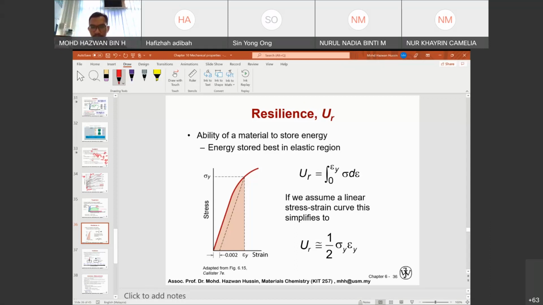It will automatically goes back into its original shape. So how actually the spring can goes back quite fast? Because it able to store the energy applied before that. Okay? So the energy stored best